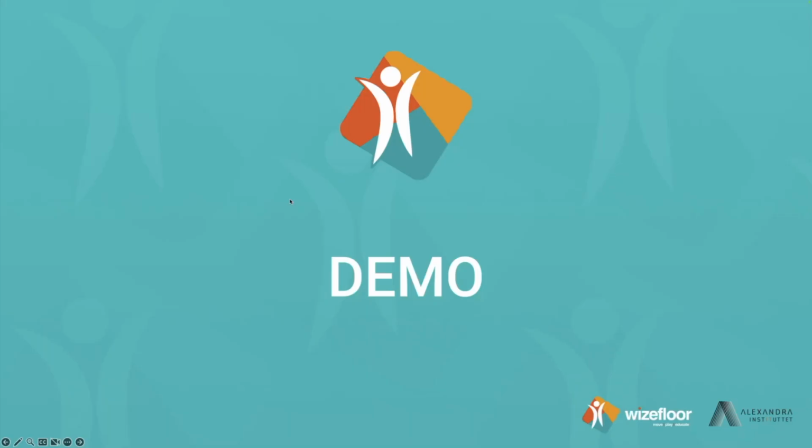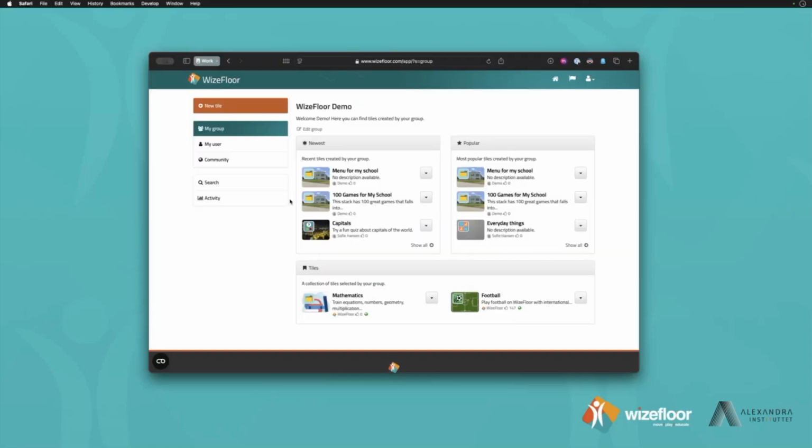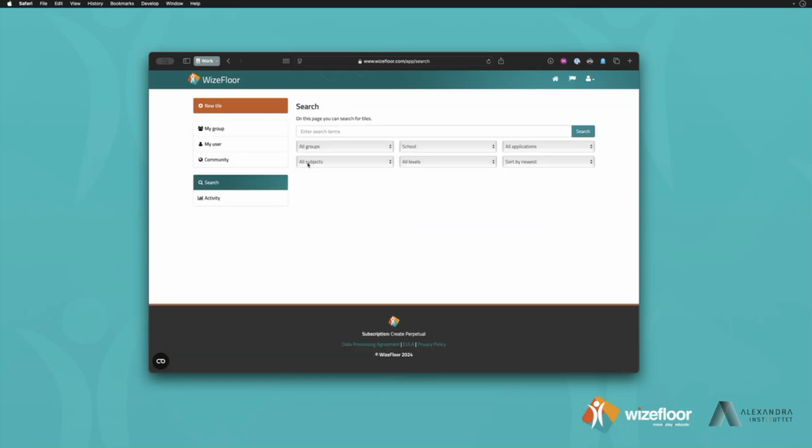Yes. How do I switch screen for demo? Yeah. So I'm just going to search for the newest folder in WizeFloor. Oh, nope. I think we called it